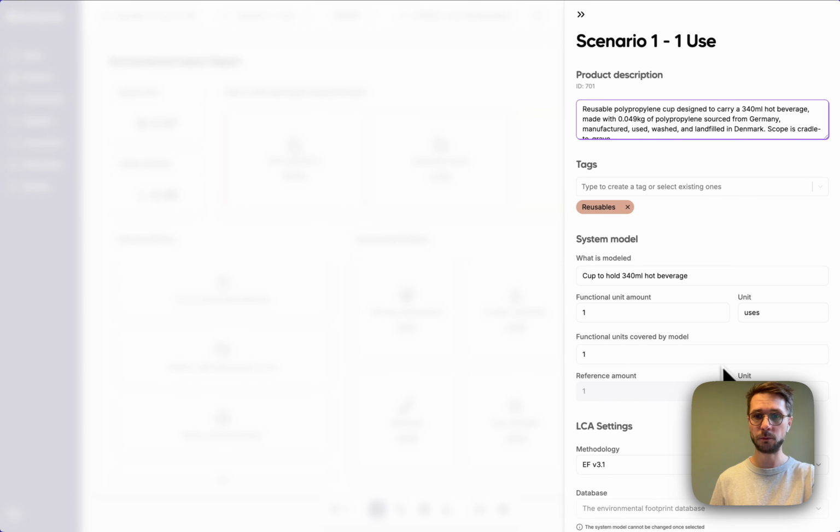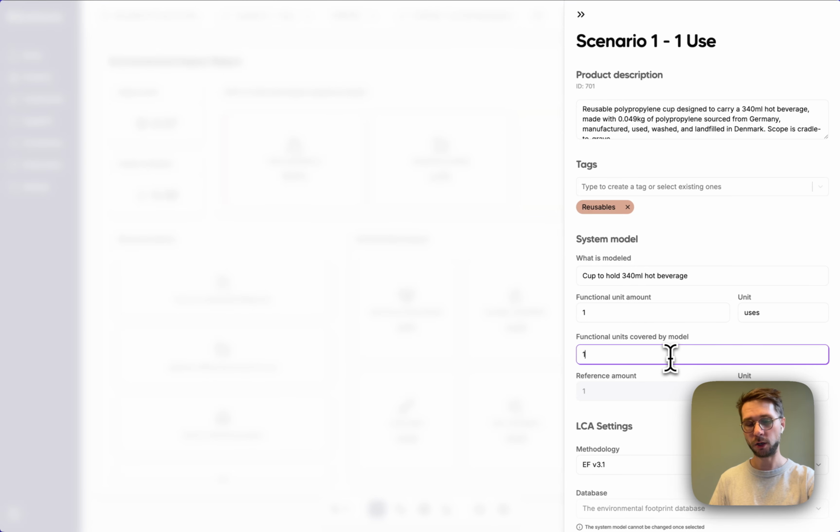You just open the settings menu. You can see that what we modeled is a cup to hold 340 milliliters of hot beverage. This is fairly academic, but this is also to be very precise in this case. We've modeled one functional unit amount, which is one use, but how many functional units are covered by this model?